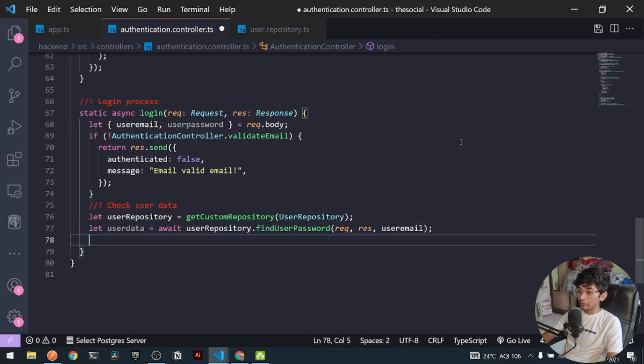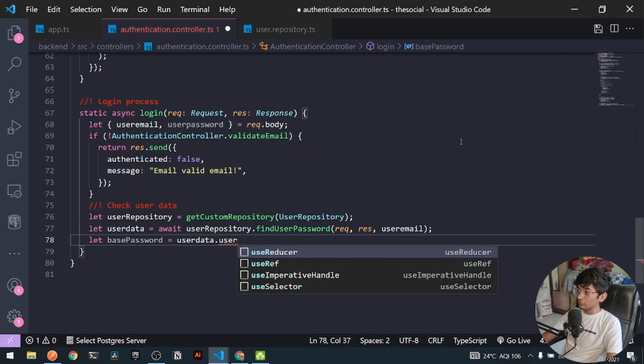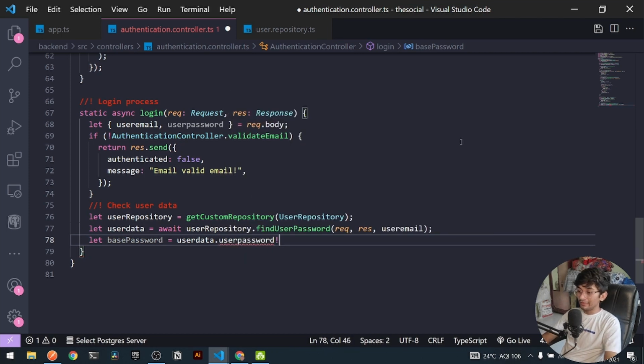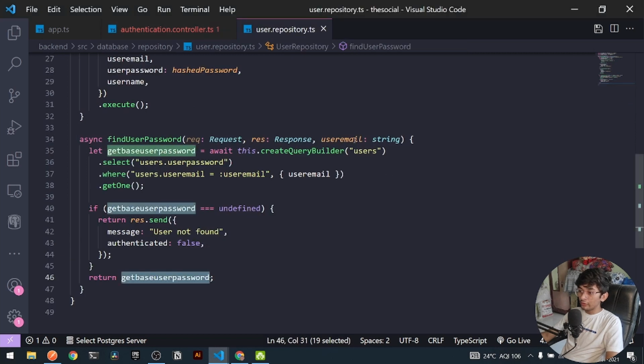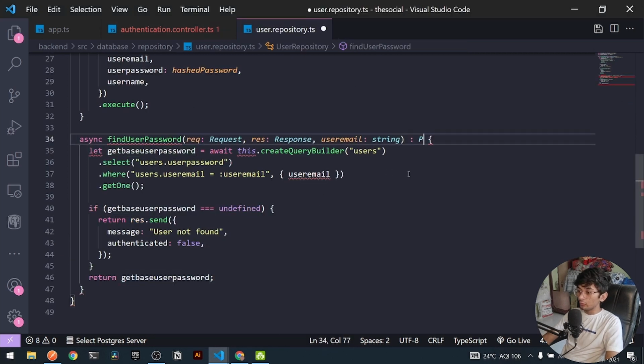Now I can say let basePassword should be equal to userData. From this I can fetch the user password itself, and I can say this will not be equal to null. Also I can say the userData is not equal to null. Okay, so it will be returning us a new promise. So I can send here a new promise under type of any.